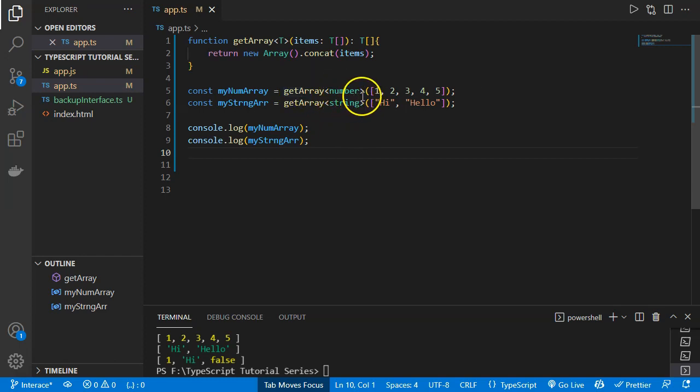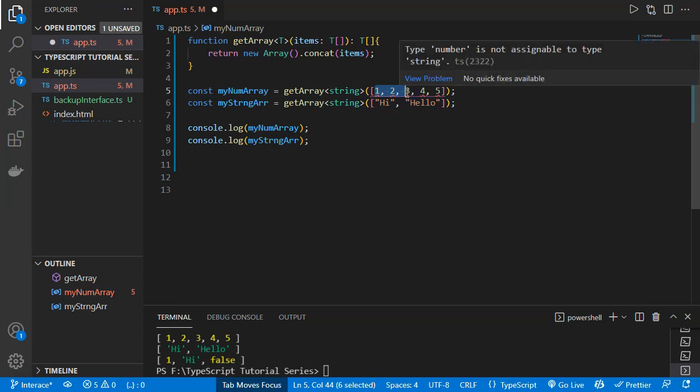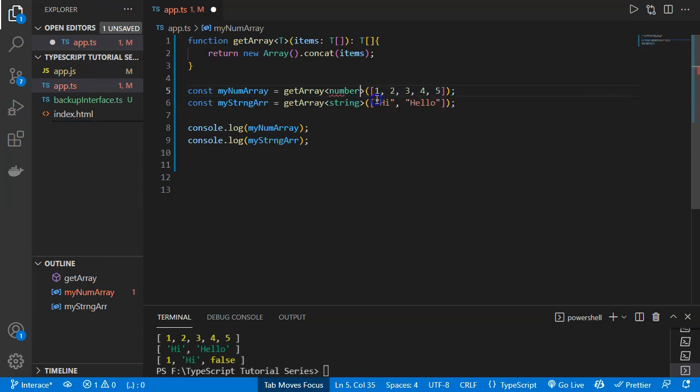So it will be the getArray, it will only contain the number array if we are providing the number, and the number will go to this array, and it will also go to these items also. It will be the number, and it will return the number also. If I will now define here as the string, and if I will provide the number, then you will see, even before the compile time, it is giving us the error that type number is not assignable to type string. So this is the use of the generics. We can check the errors on the compile time only.